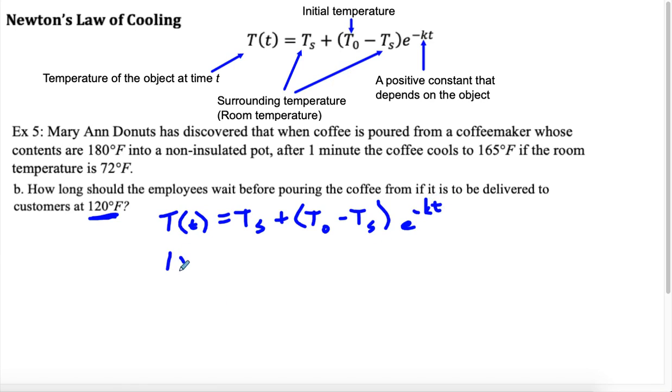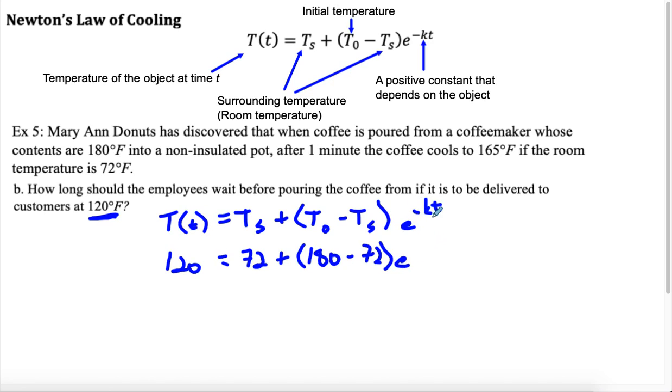So I want this to be 120, and then the rest of this information is the same. The surrounding temperature, or the room temperature, was 72. My T sub 0, my initial temperature, was 180 minus T sub s